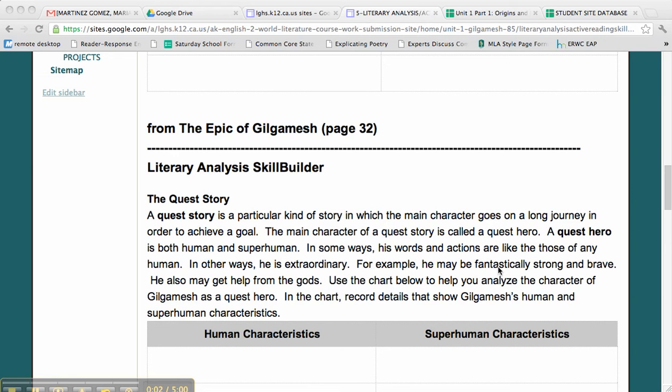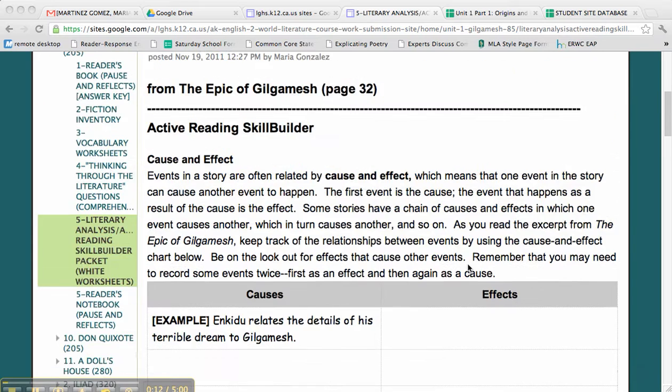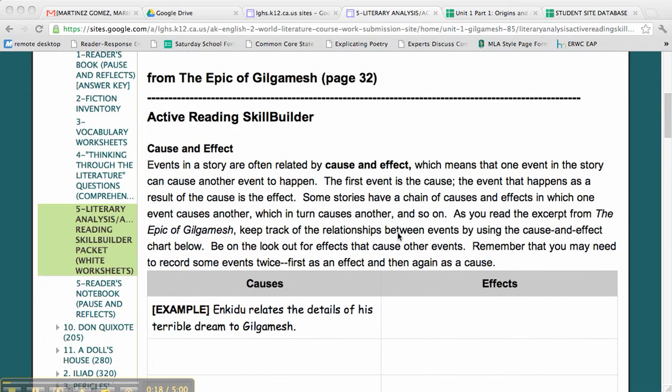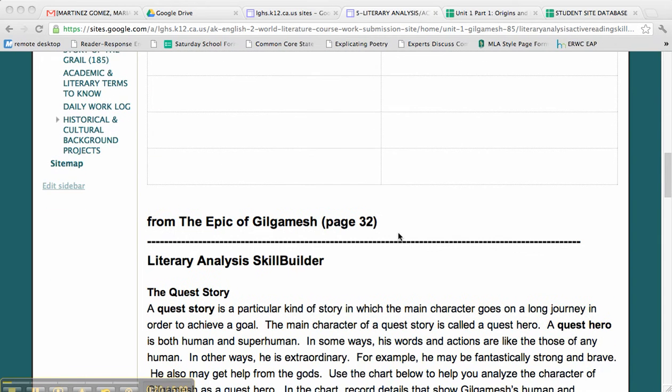Okay, this is the second video on the literary analysis skill builder packet. In the previous video, I talked about cause and effect relationships. That's what that worksheet was dealing with, and as a matter of fact, it's right here: the Epic of Gilgamesh, active reading skill builder, cause and effect. But now, the second worksheet has to do with